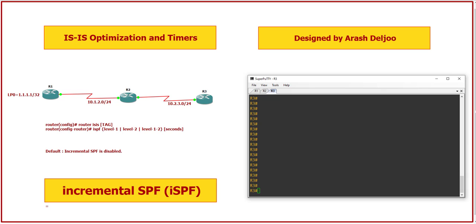Note that if the change occurs in the calculating router itself, then a full SPT is performed. This means that when we have a change, for example, in the link between R1 and R2, R1 and R2 need to calculate the full SPF, but other routers can calculate only the incremental SPF, for the change only in, for example, this part of the topology. Incremental SPF computes only the steps needed to apply